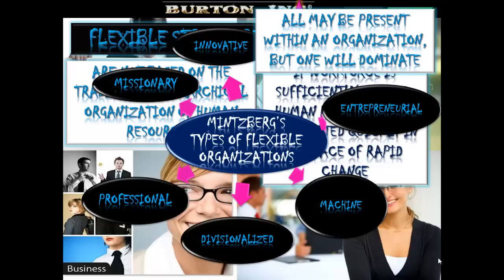Entrepreneurial organisations, here decision-making power in such organisation is retained by the strategic apex. There is direct supervision of staff and decision-making is centralised, meaning that flatter hierarchical structures exist. Mintzberg here argued that centralised decision-making means that the strategic apex is flexible and quick in responding and adapting to organisational change.